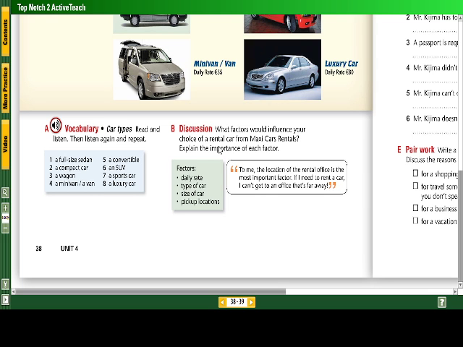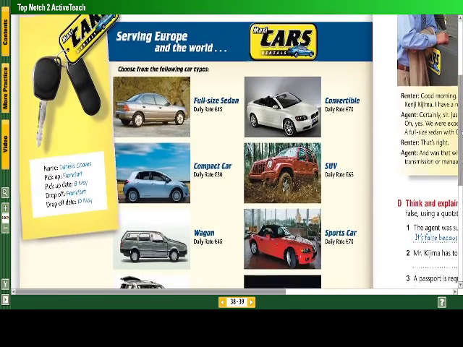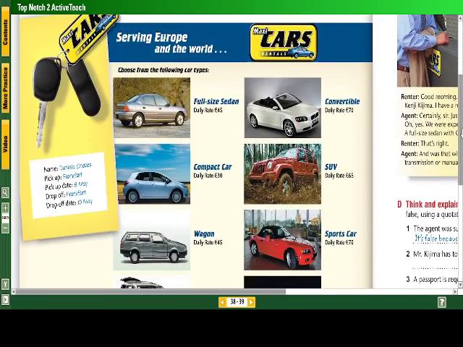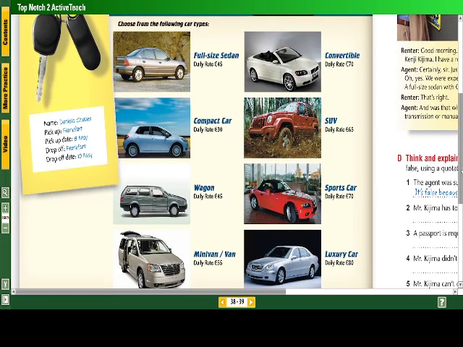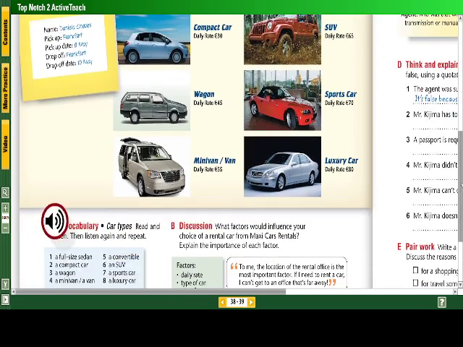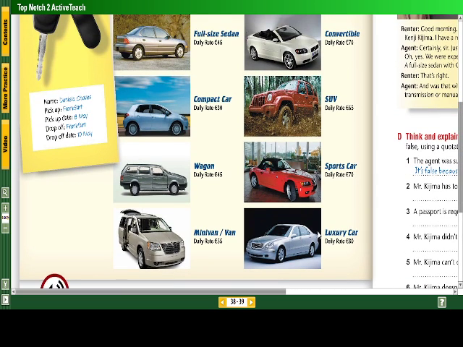So we have in here discussion. What factors would influence your choice of a rental car from MaxiCars Rental? Okay, in here we have a site that is for cars rental and we have the prices of the cars. So would you, for example, rent a luxury car which has a daily rate of 80 euros?